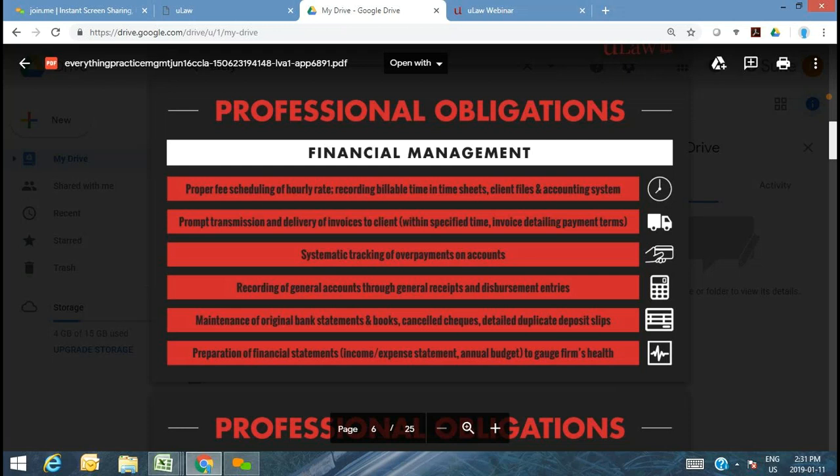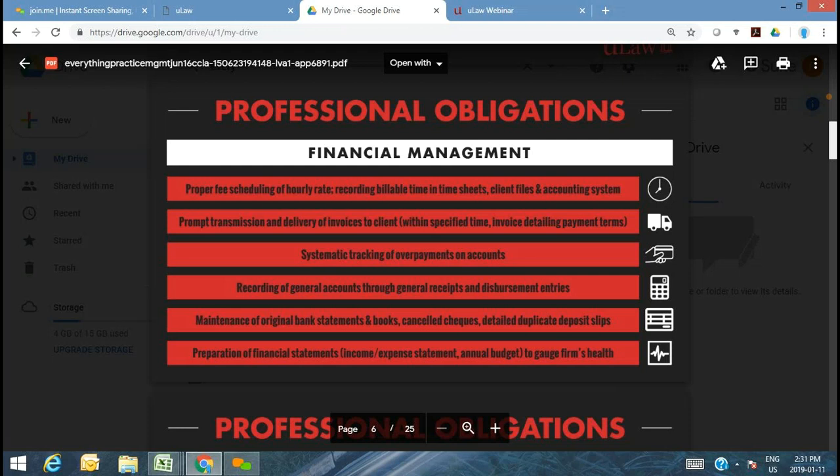The prompt transmission and the delivery of invoices to a client. Again, this is a very important obligation, not only for yourself, but also to manage and maintain the professionalism of the fraternity, if you will, of the law society, right? So if you're going to be sporadic in how, as a legal professional, you send out those invoices, and if it's not properly timed or it does not marry with the actual rules of the game, then that obviously is not going to leave a good taste with your client, not just for that transaction, but for referrals and in general. Depending on the severity, this could also reflect badly on the system itself, right?